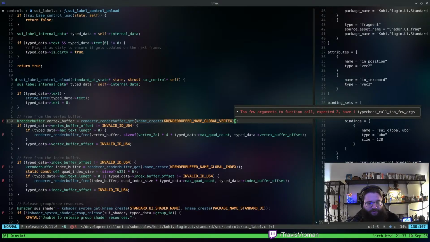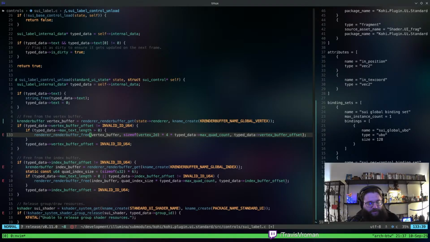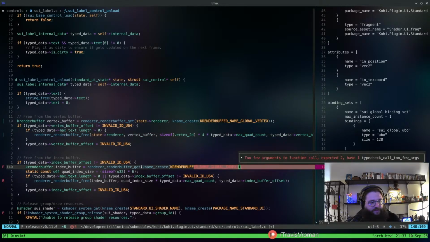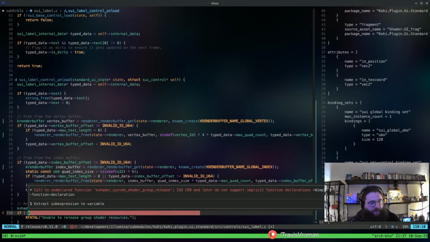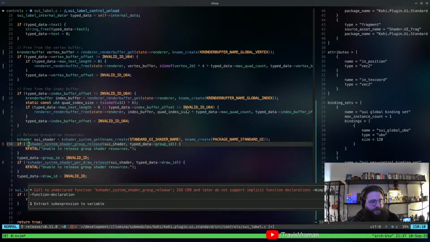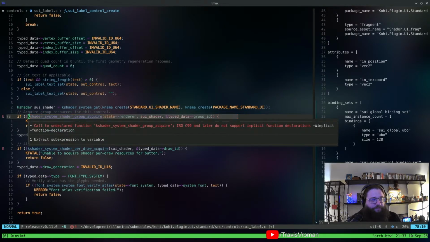So we're going to skip that for a second because I just want to go through here and get the rest of these other errors resolved. Okay, let's see. All right, and then that's shader group release and draw release. Okay, so those are the only 4 errors in the entire file.